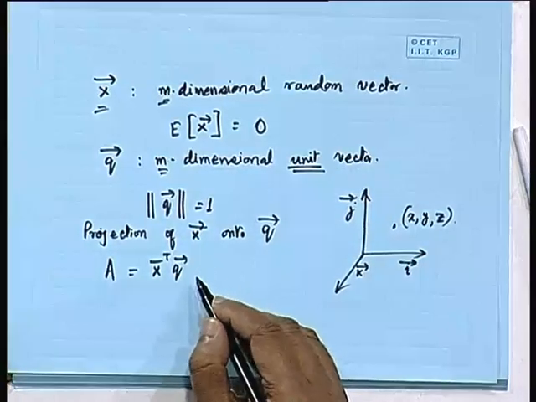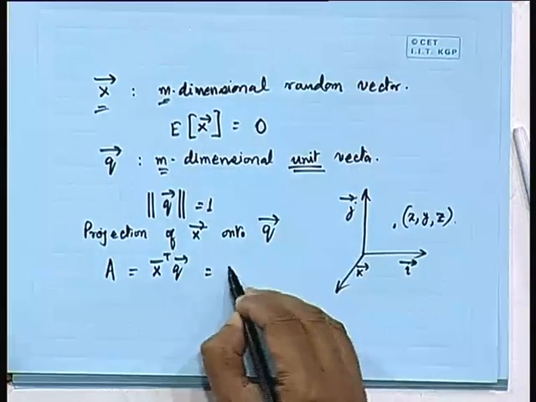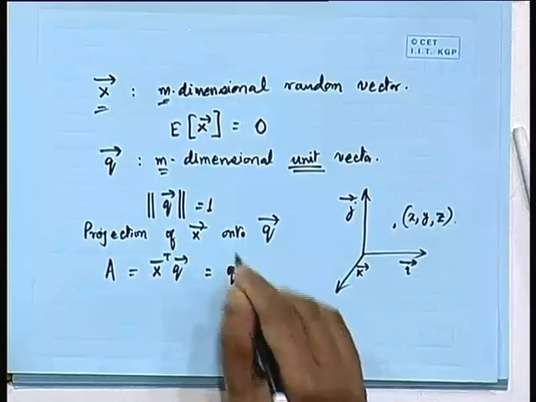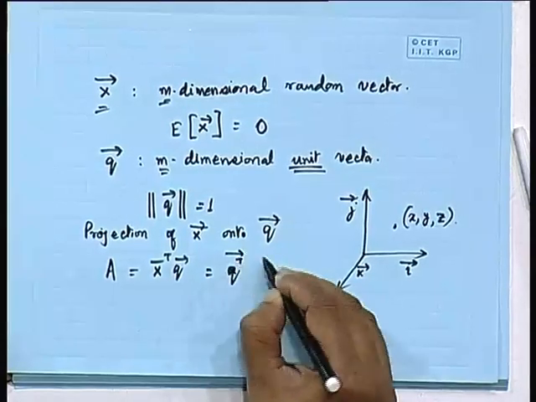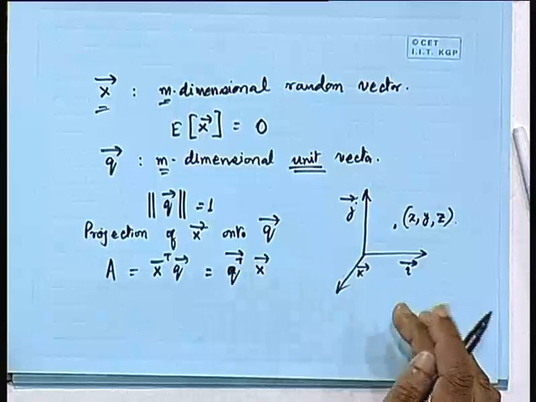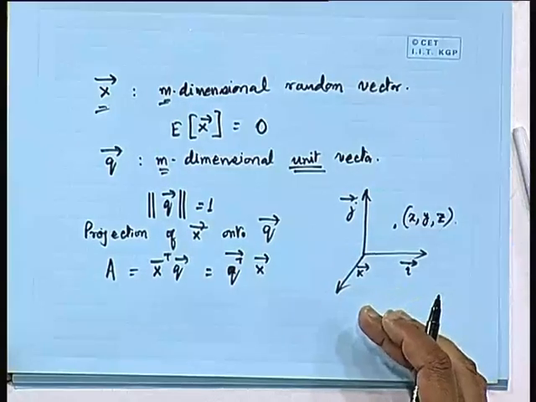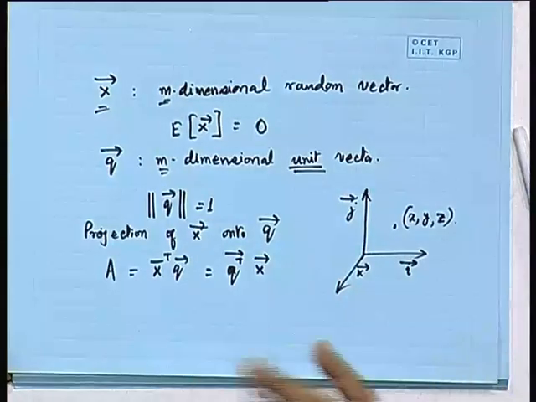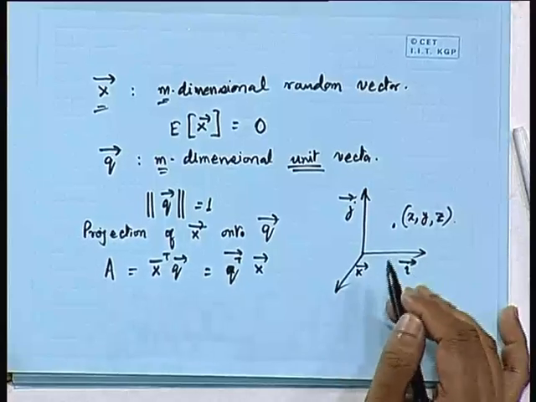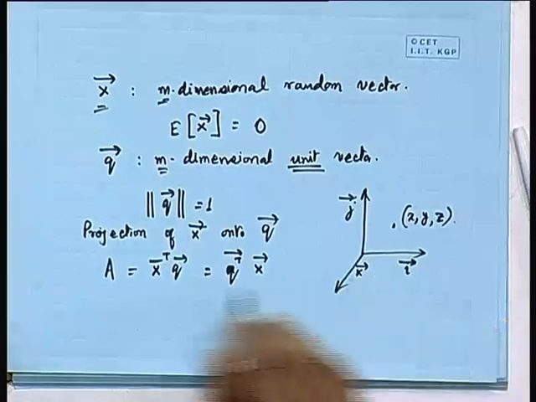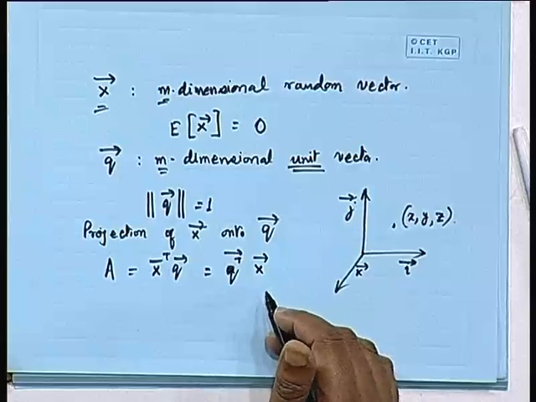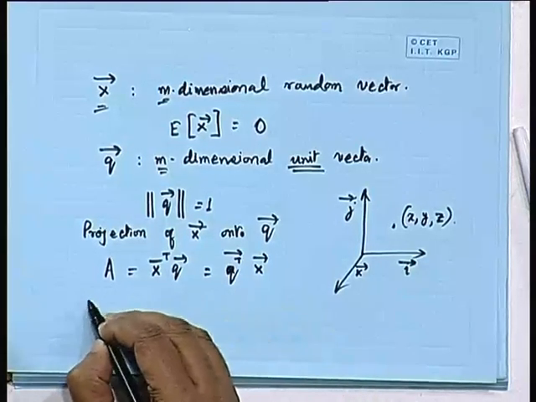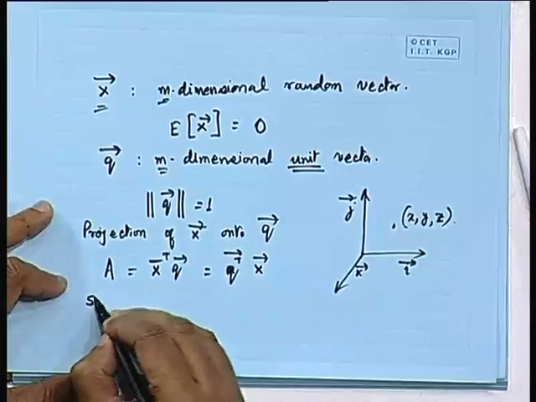Either you write it as x transpose q or you write it as q transpose x, it means one and the same. So, it is as if to say that projecting q into x or projecting x into q, anyway, either way it can be looked at, but this is the representation, and this we have subject to